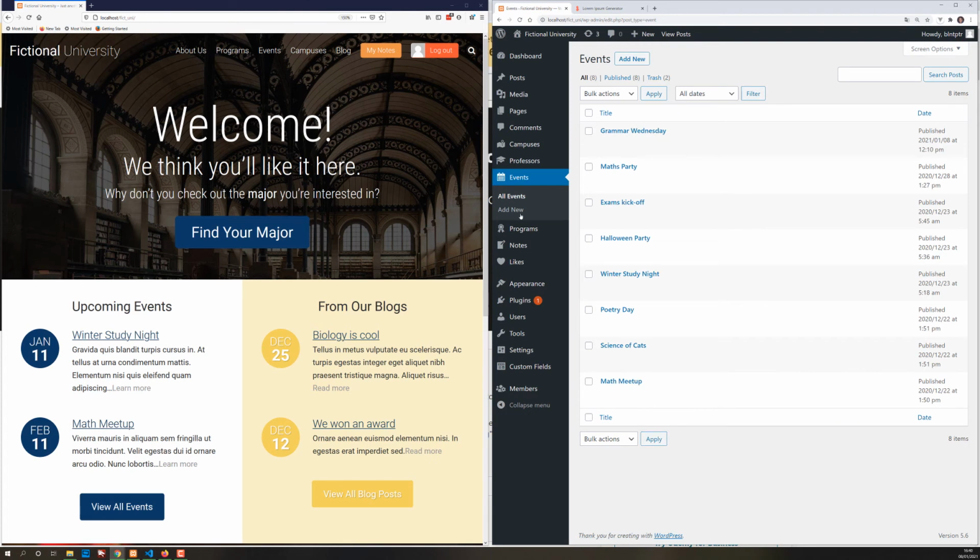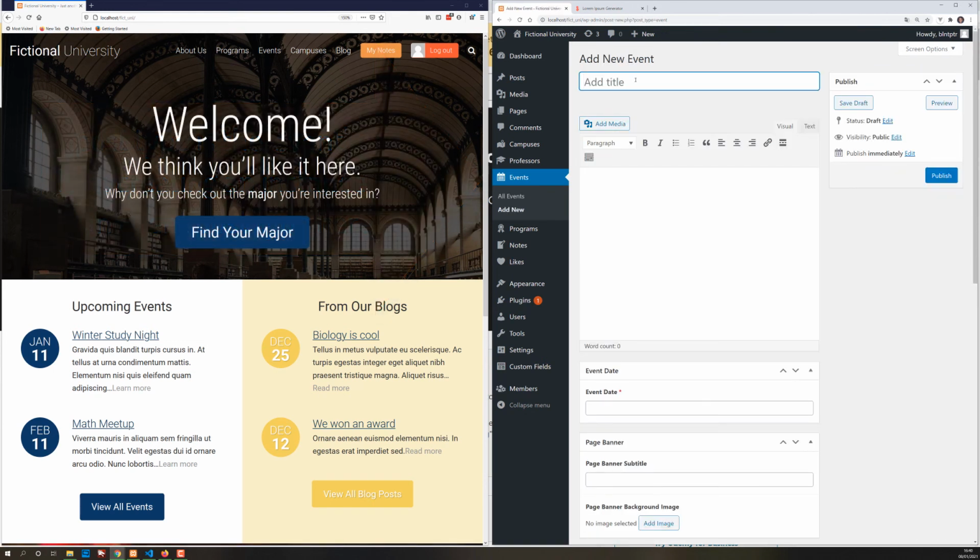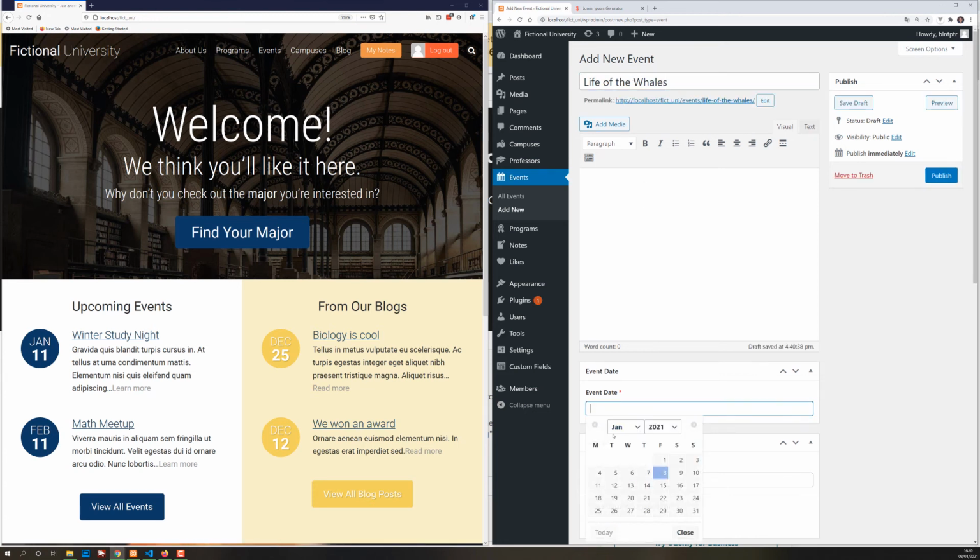So I can just create a brand new event. For example, let's call it Life of the Whales, and I can set the event date. Here's a date picker. Let's make it March the 5th.